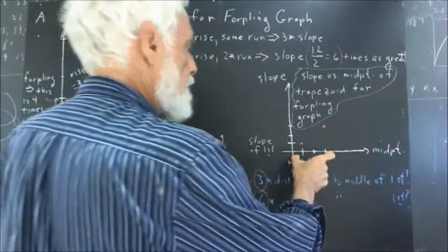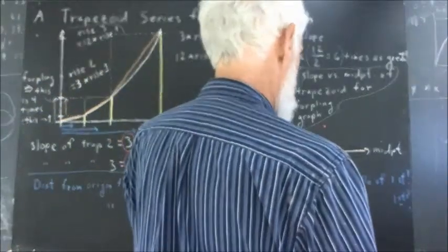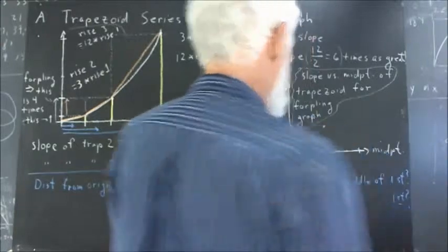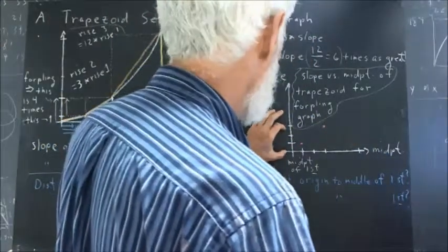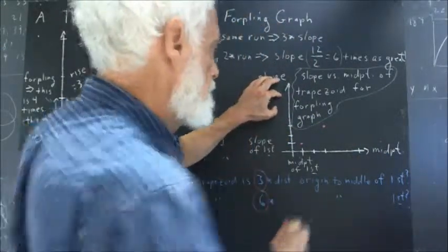And then if we go out to 6, which is just me moving a couple of times the triple distance, okay, we could get a point